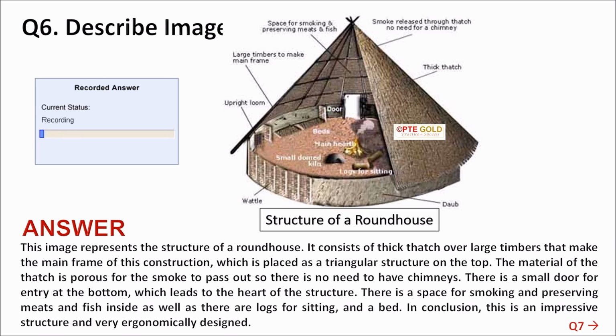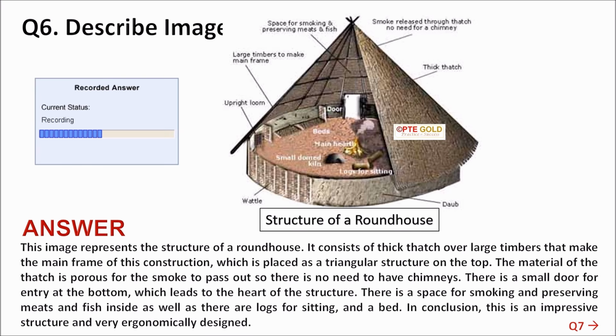This image represents the structure of a roundhouse. It consists of thick thatch over large timbers that make the main frame of this construction, which is placed as a triangular structure on the top. The material of the thatch is porous for the smoke to pass out, so there is no need to have